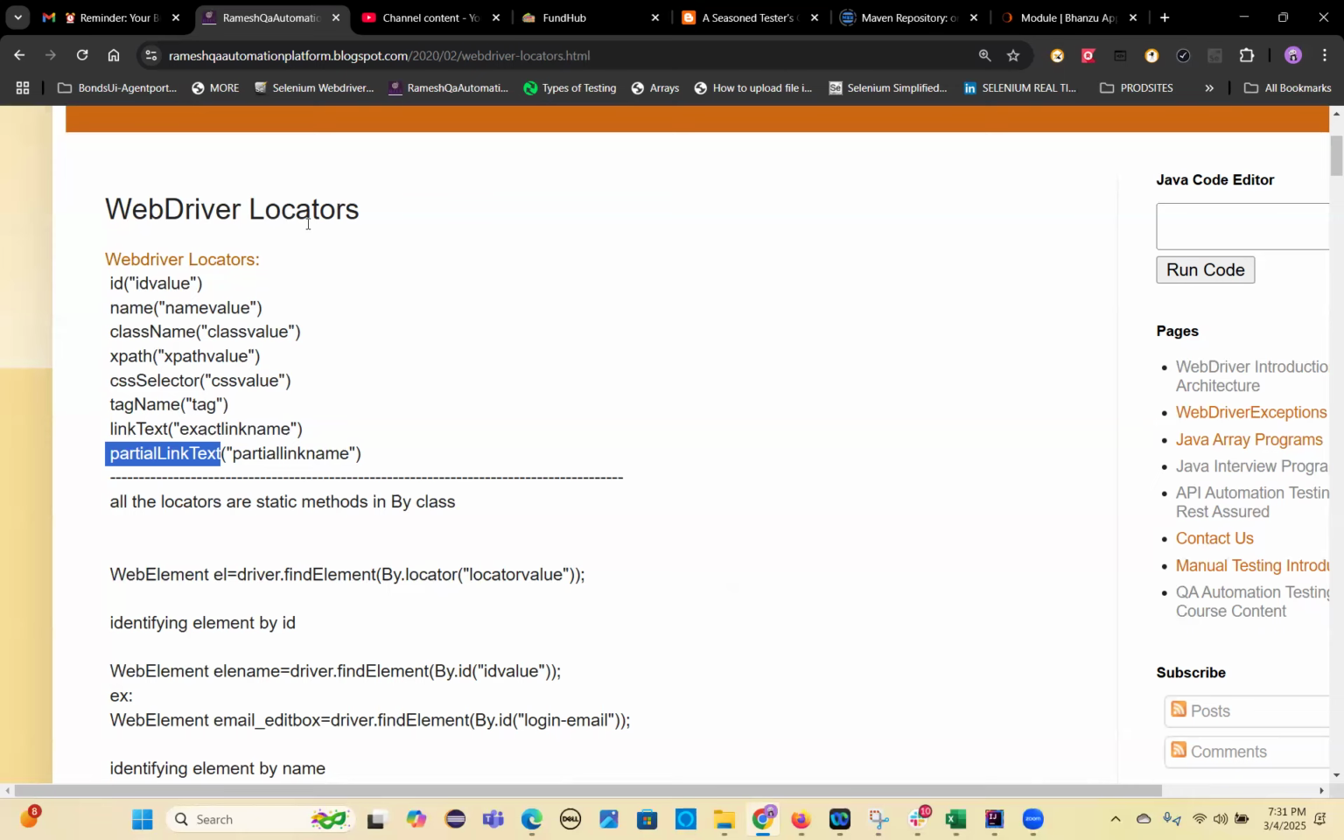Or note it down on paper and stick it to the walls, and you can see that. So again, repeating, because this is a very important interview question, and an easy question. ID, name, class name, CSS selector, XPath, tag name, link text, partial link text. That's all. You should not include